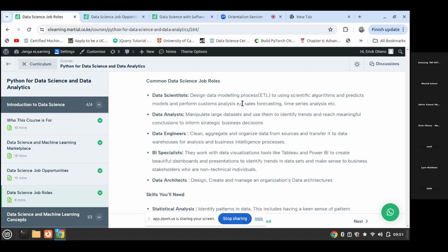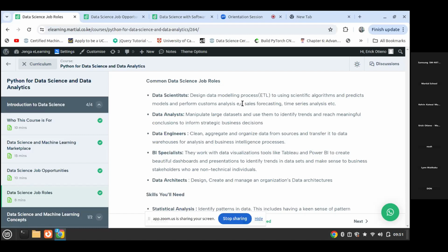Predictive models are the models that can foresee future trends, like time series analysis. So you want businesses to see the future. Let's say in the next 1 year, how will the business be doing? That is what we are calling a predictive model. It's for this patient, if you apply this kind of diagnosis, how will this patient do in the next 24 hours in hospital? So that is the main role of data scientists.